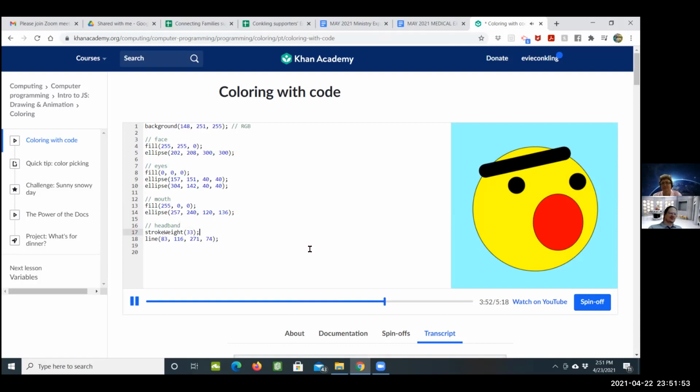Thick. Of course, I want this headband to be more colorful. Black, not so great. So to color the headband, I have to use stroke. Is it stroke color? I don't know if fill will work on lines. Stroke color. And let me change that to... Oh no, stroke. That color. That looks good. Magenta. The stroke command is the way that we color the outlines of shapes and the way